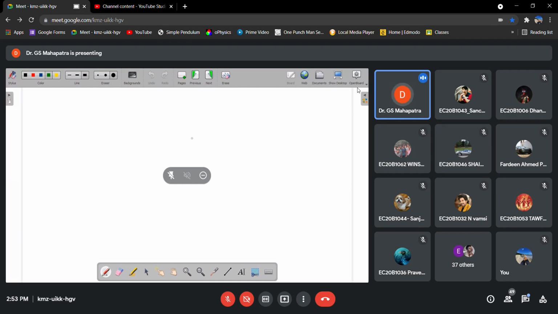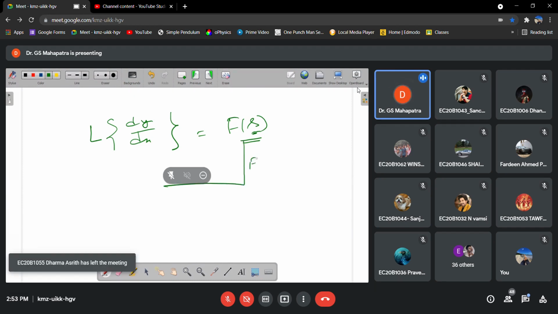Correct. So just for example, now you don't know till now the Laplace transform of dy by dx. If you take that one, you will get a function F of s, a function of this variable. What is this variable? This is the Laplace transform variable. So now, if you take the inverse Laplace transform, then you will get y of x.